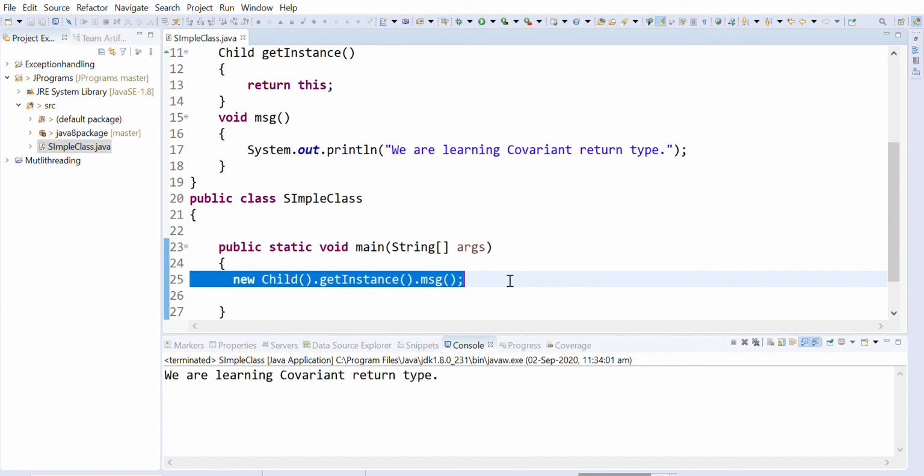So how is the covariant return type implemented? Actually, Java doesn't allow return type based overloading, but the JVM allows return type based overloading. The JVM uses the full signature of the method for lookup resolution, and the full signature includes the return type in addition to the argument types. So a class can have two or more methods that differ only by the return type, whatever the parent has and whatever the child has. The Java compiler uses this fact to implement the covariant return type. So it all depends on the Java compiler.